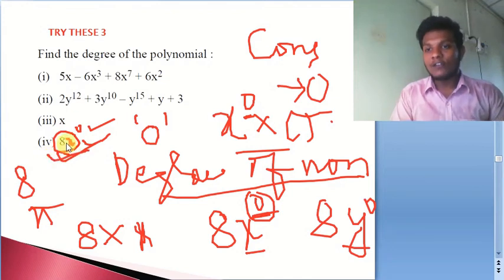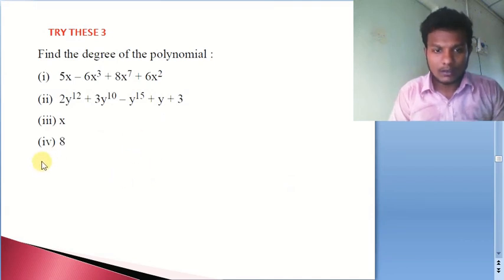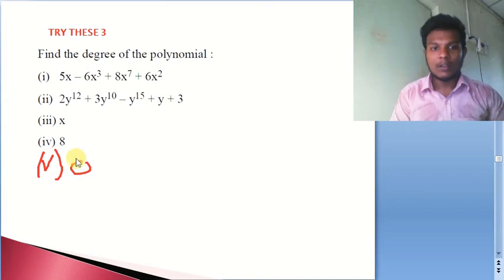What if it is 0? We are talking about the case where it is a constant but it is not 0. What will happen if it is 0? That is what we are going to see now. Just observe one thing. Suppose as the fifth question I will take 0. What is the degree of 0? That is what I am asking. So this is a non-zero constant, but here our constant is becoming 0. What will happen in this case?